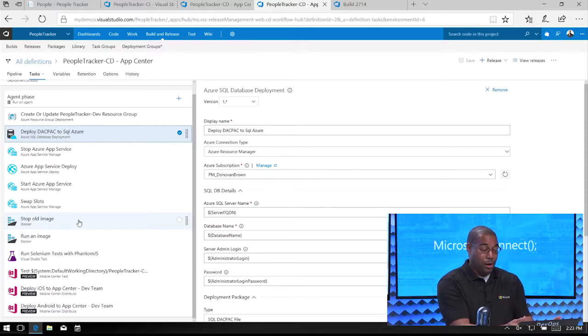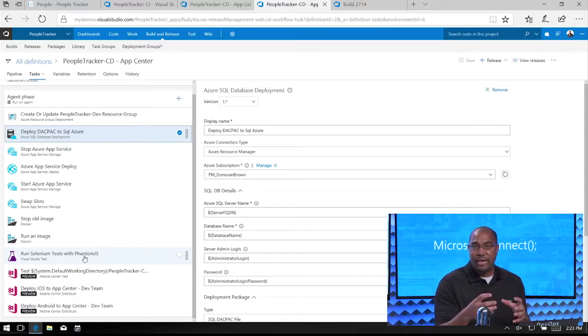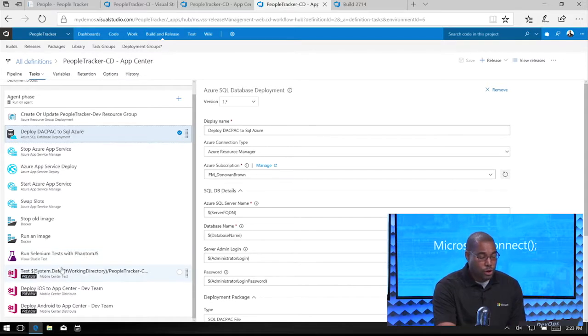This is just me with my old stood up Docker host, and I want to stop my old image, start my new image, and then I want to go ahead and run some Selenium tests against the Docker website that's hitting my backend, that's then hitting my database to verify, is my backend okay before I start testing my front end. And this is where you were able to help me, because in the past, I used to use,